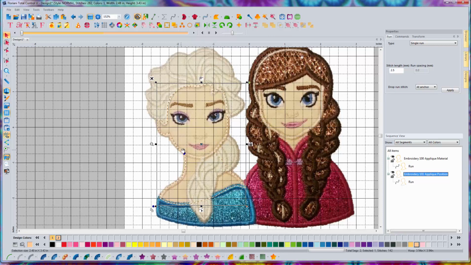No, because we don't want to have this stitch here go down yet, and we don't want to have a stitch across here. So what we have to do is build our own individual parts where our satin stitches are going to go. And so what we're going to use is the steel stitch to put in just this one and this one, this little part of it and this little part of it. Okay, that's the only things that are going to go down,